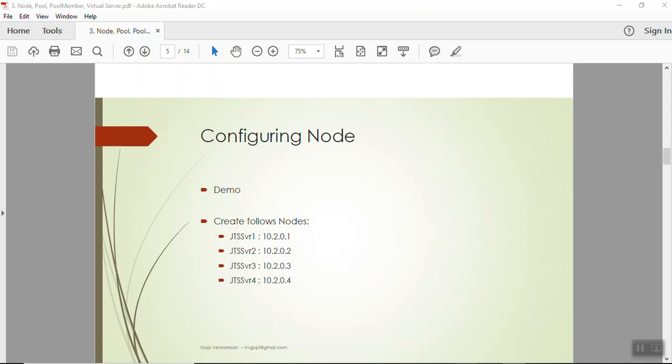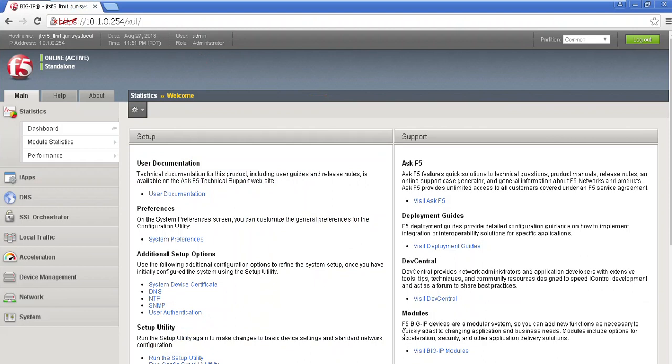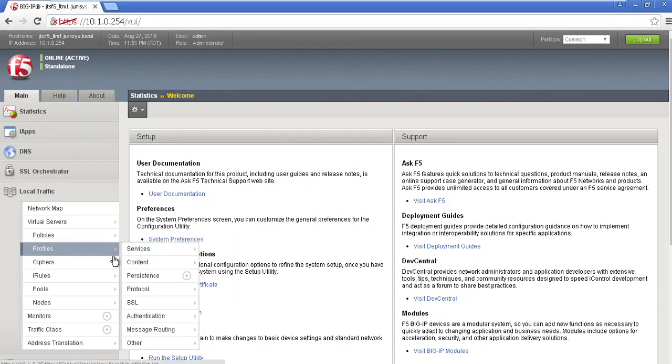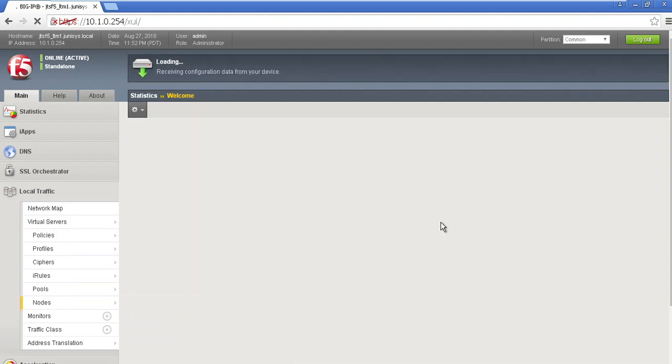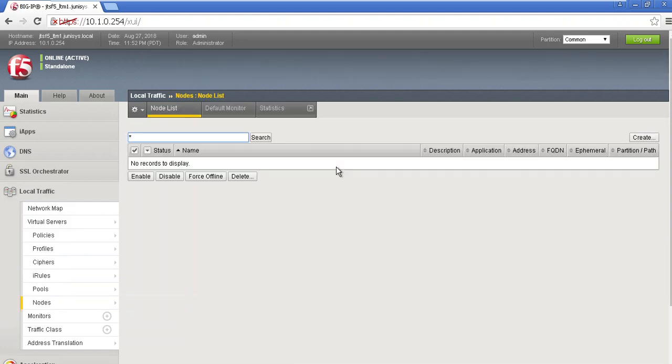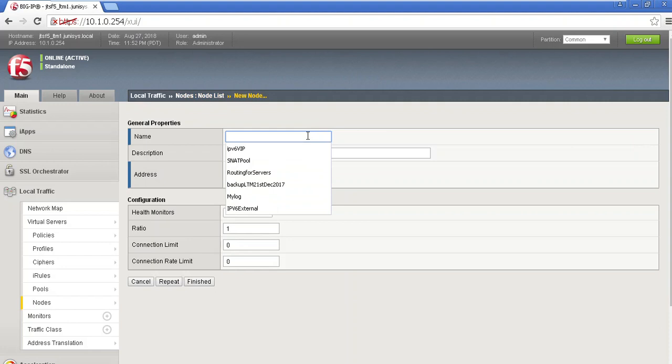I'm getting into the management station. Get into the local traffic section where you can see the nodes area. When I get into the nodes area, I can see how many nodes have been already created. Since this is a new configuration, no nodes have been configured yet. Now if I want to configure a node, I can go here and create a new node. So what is the name we are expecting? We can say JTS SVR1. That is the name I would like to assign, and the node can be identified by its IP